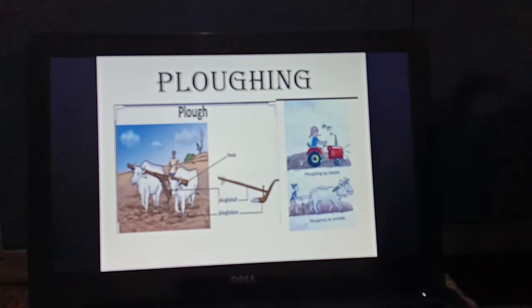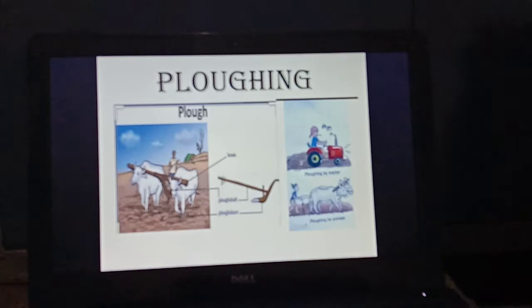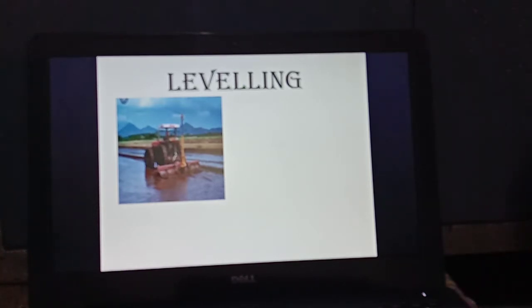Agricultural implements used for plowing are plow, hoe, cultivator, etc. Now the second point for the preparation of soil, that is leveling. Plowed soil may have big lumps of soil called clumps. Crushing of these lumps of soil and gently pressing the soil with a wooden or iron leveler is known as leveling. So now what's the advantage of this leveling? Number first, it helps to prevent soil erosion. Second, it ensures uniform irrigation. Number third, it allows uniform mixing of fertilizers and manures.